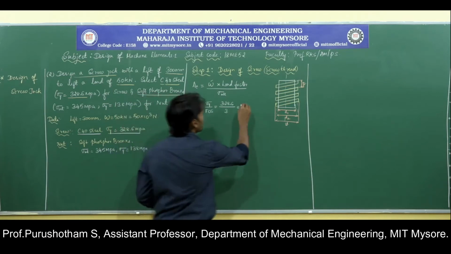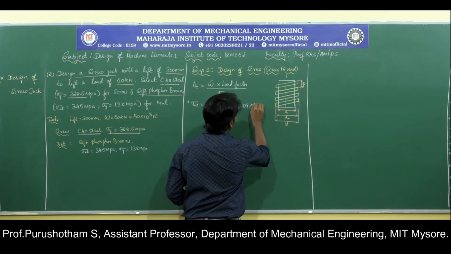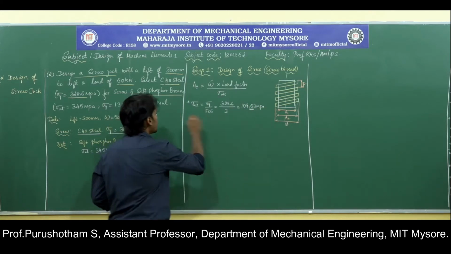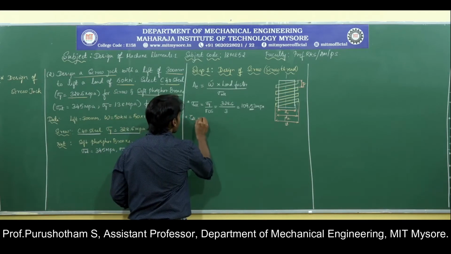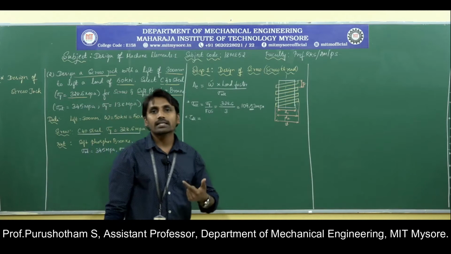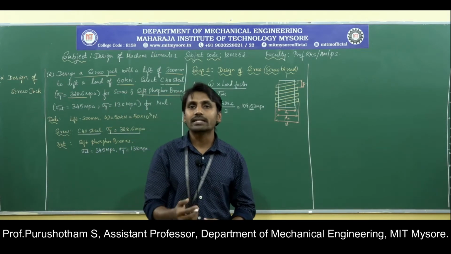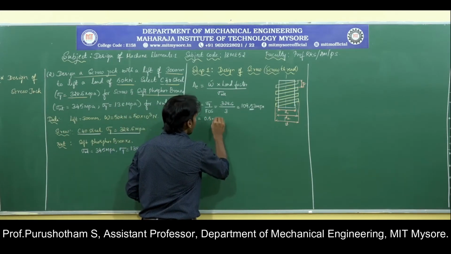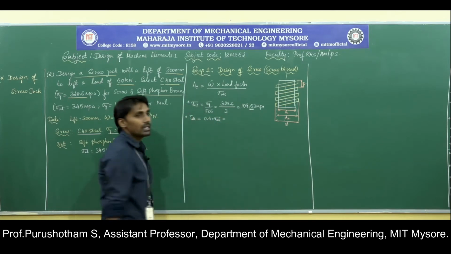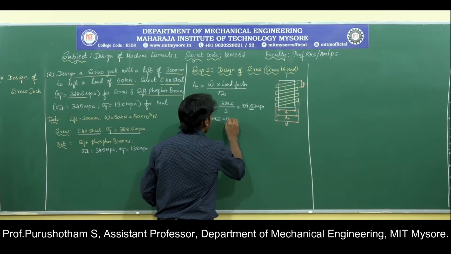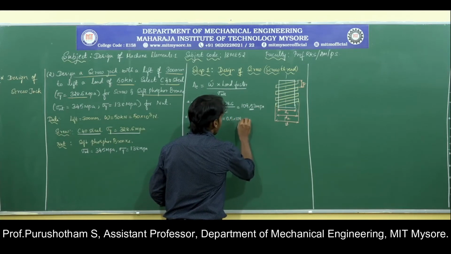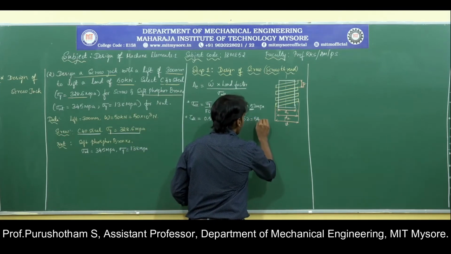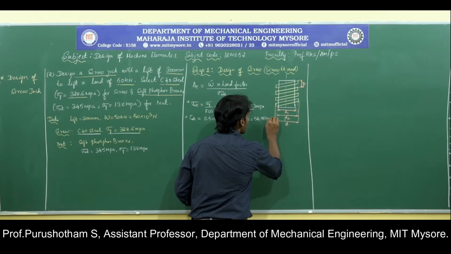If you calculate this, you will get 109.53 megapascal. Similarly, the allowable shear stress in the screw material is given by, as we know that the screw material is made up of C40 steel, which is a ductile material, 0.5 times the allowable normal stress. So you will get 0.5 times 109.53. If you simplify this, you will get 54.765 megapascal.